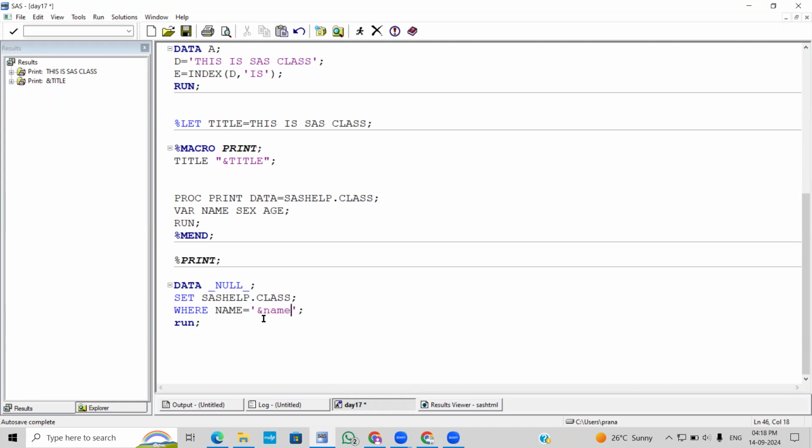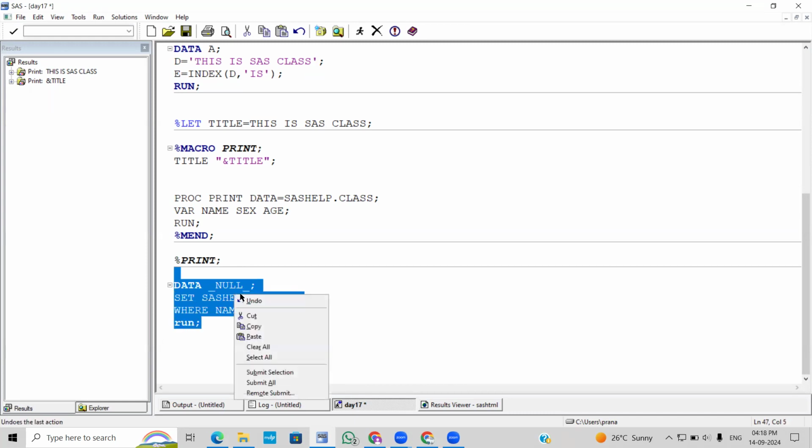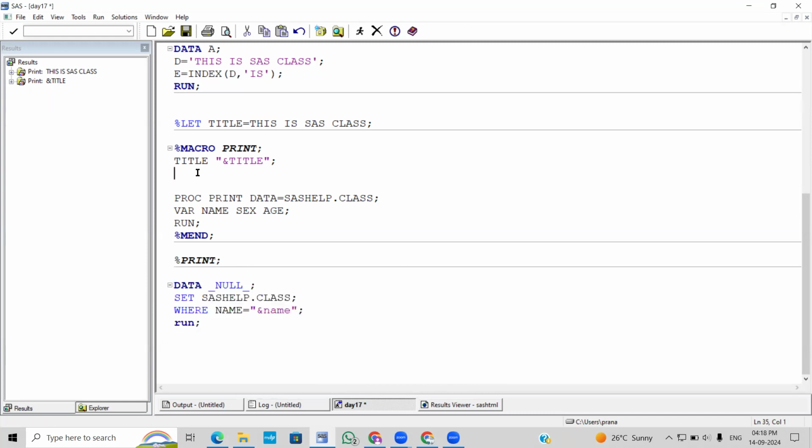So you can see here, inside the place we are giving the scatter value, I'm giving a macro variable here. So we have to use double quotes here. So I'm pasting the code inside the